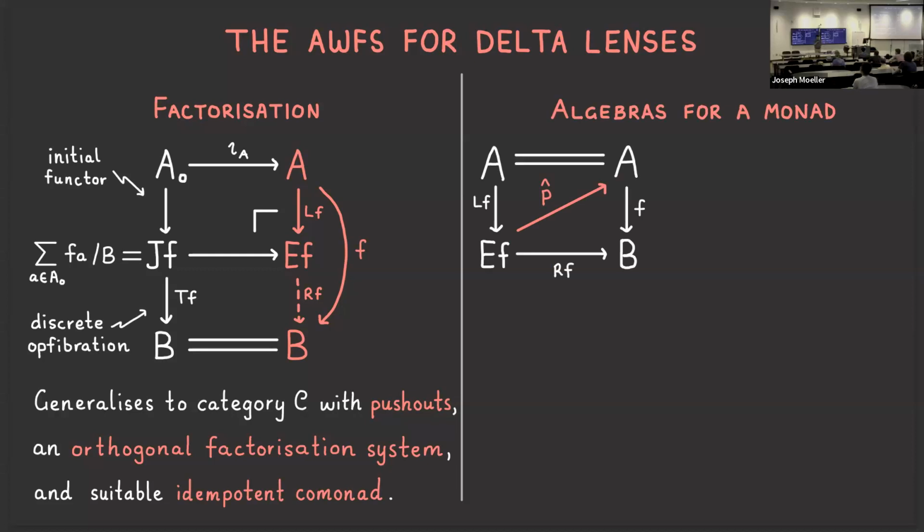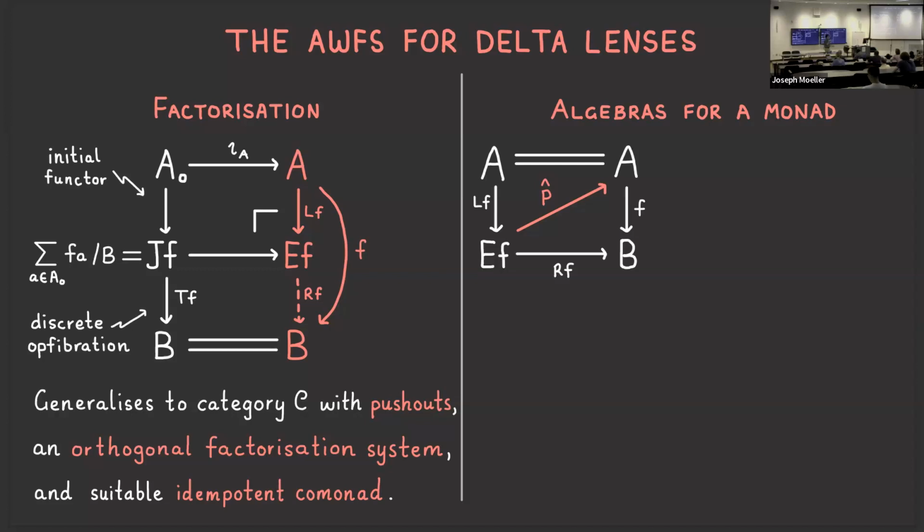The second part that I want to talk about is, so this factorisation induces a monad, which is the monad on the arrow category of cat, sending f to R of f, the free delta lens. And so now when we look at the algebras for this monad, one can prove, I'm not going to prove it for you, that the algebras for this monad are precisely the delta lenses. And so, again, I haven't shown the multiplication compatibility for this algebra, but I've shown the unit and the structure map of this algebra. And so what we'll notice here is when we look at this data, the structure map of the algebra, P hat, I'm calling it,